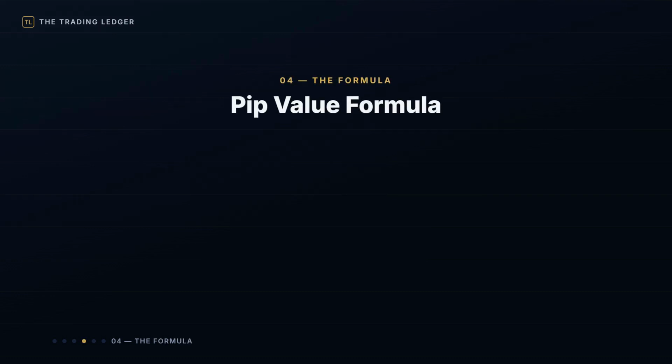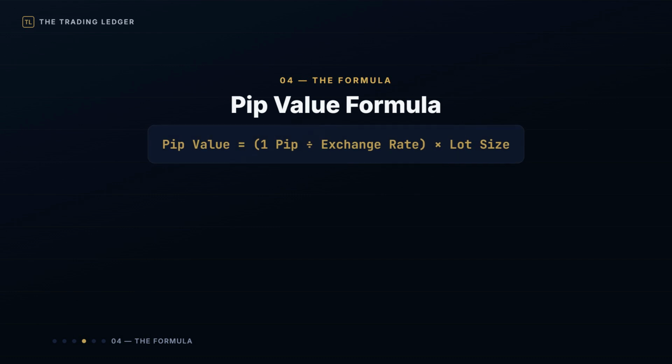Let's walk through how pip value is actually calculated. Don't worry, it's straightforward. The formula is pip value equals 1 pip divided by the exchange rate, multiplied by lot size. Let's use a real example. Say you're trading the euro versus the US dollar at a price of 1.1050 with a standard lot of 100,000 units. 1 pip equals